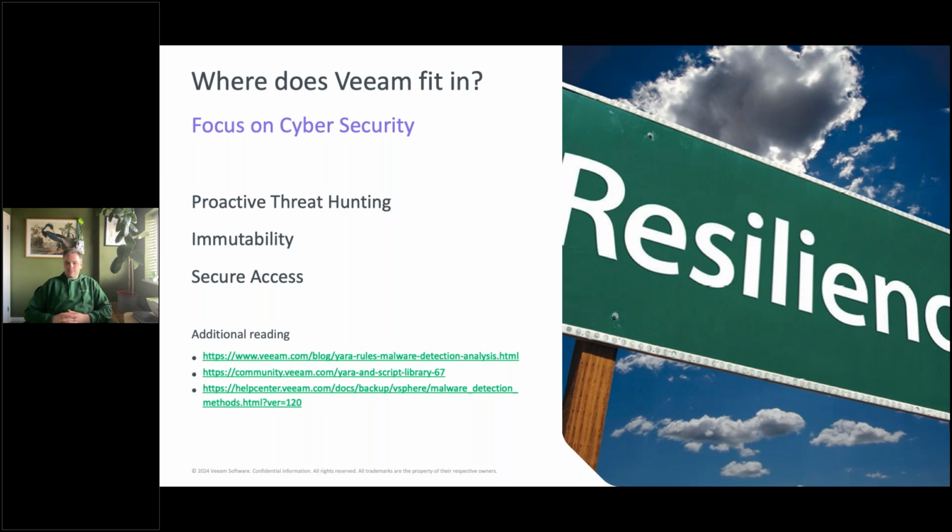So the Yara rule stuff, that's something you can use in a secure restore scenario. If you're familiar with instant recovery, it leverages that technology: spin up the backup, scan it with the Yara rule, and try to figure out if there's anything within that virtual machine that matches the patterns defined in the Yara rule. If yes, then you can mark that as a suspect backup, and then maybe you don't want to recover from that backup in the future.